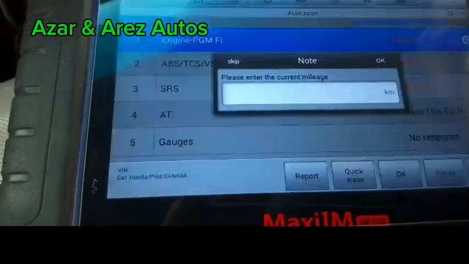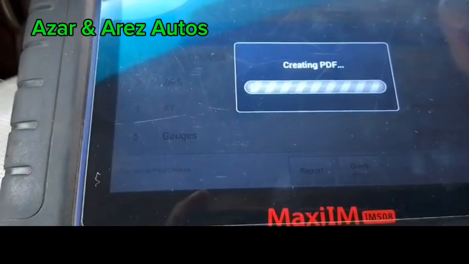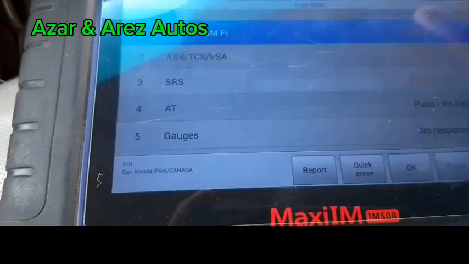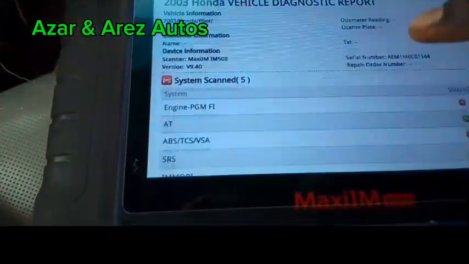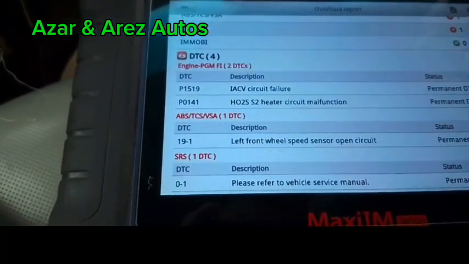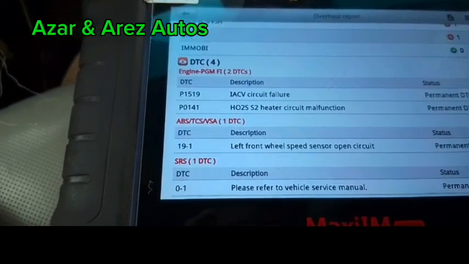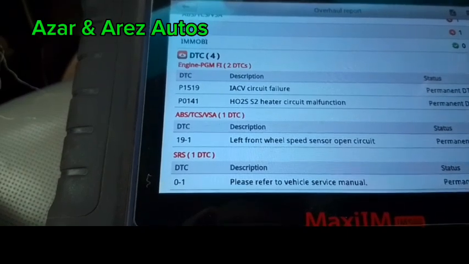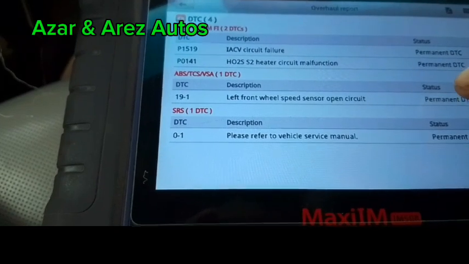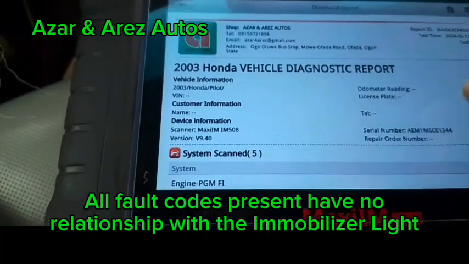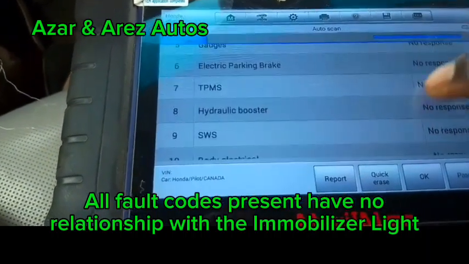So the fault code we have is in the engine, the ABS, and the airbag system. So let us see what we have in the ABS, in the engine, auto sensor, and intake air control valve. Then the ABS, and the airbag. So let's go to the